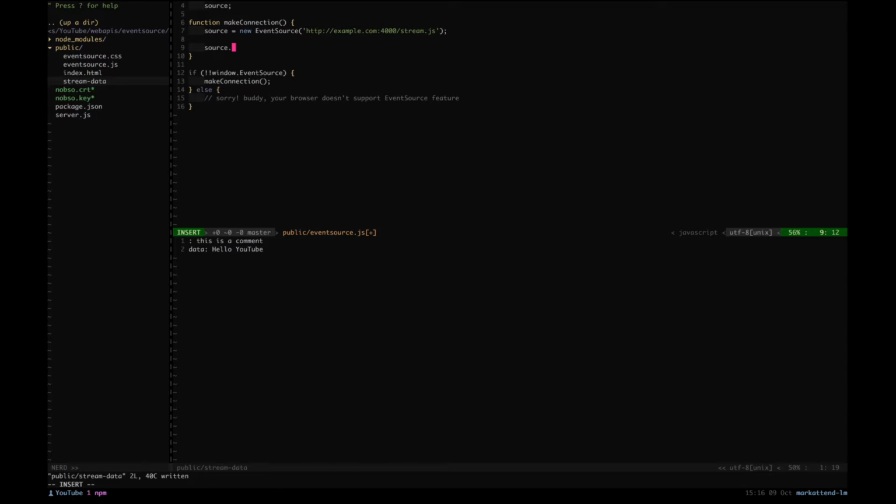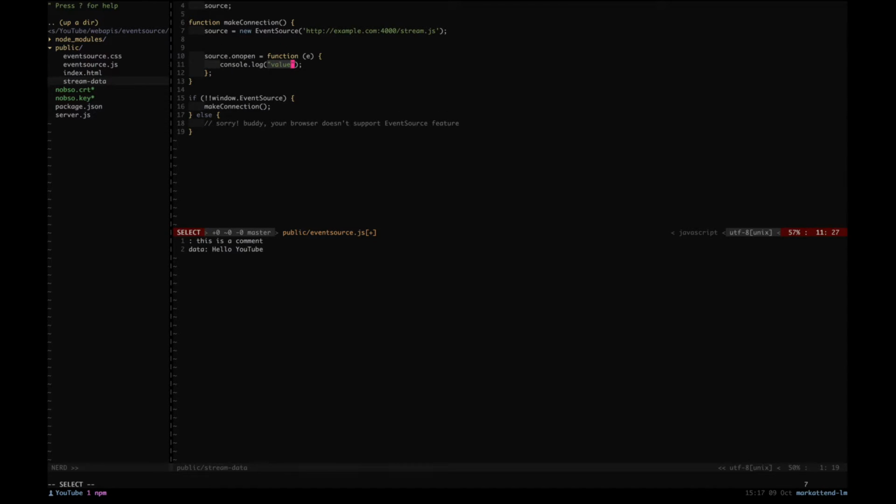You can start with on open. So these are event handlers that you can find with this event source instance. This means the connection is open,